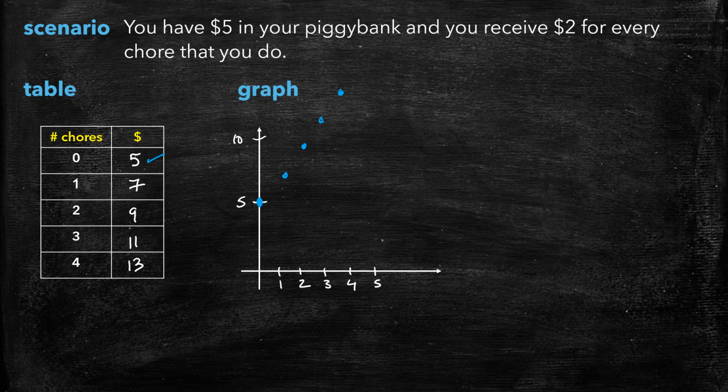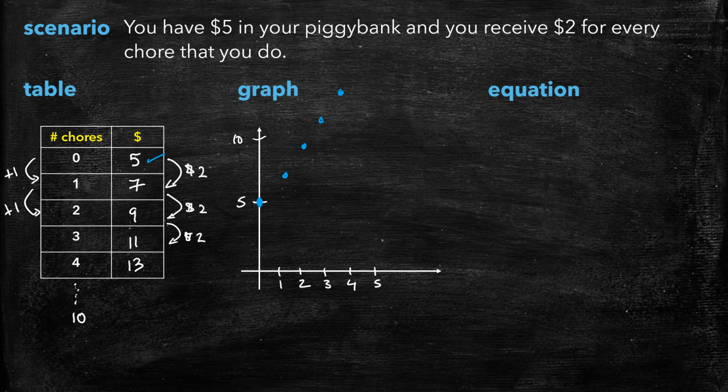So table, graph, and the other most important way of describing a relationship is making an equation. Let's see how we could generate this equation. It's helpful to look back at the table and envision what would happen if we did 10 chores. Would there be a way to predict how much money we'd have after 10 chores? For every 1 increase in chore, your piggy bank account goes up by $2. So $2 each time,